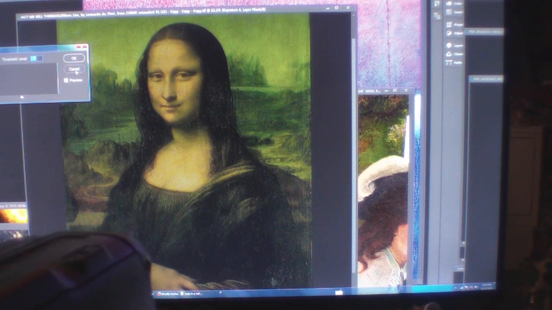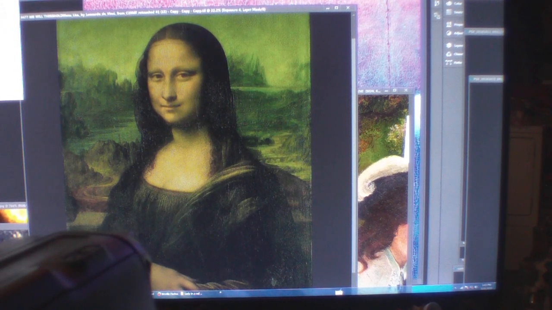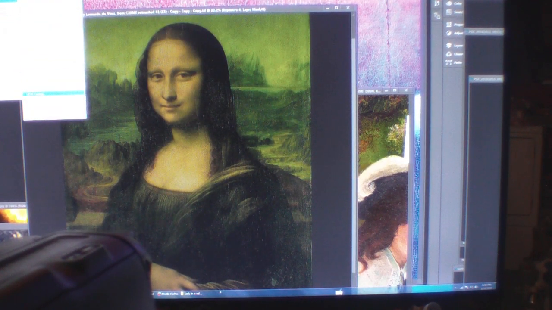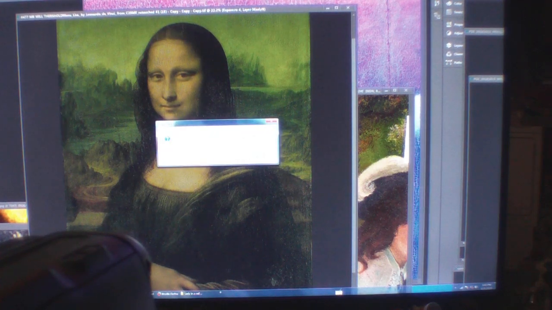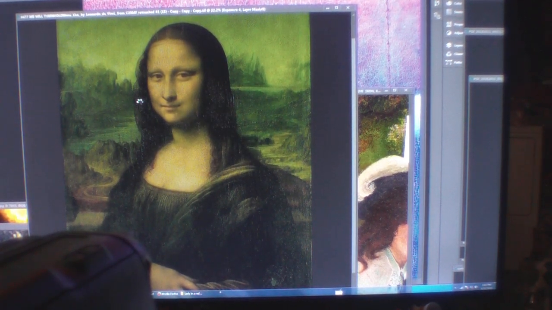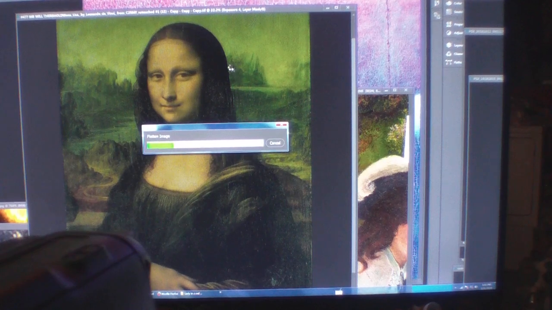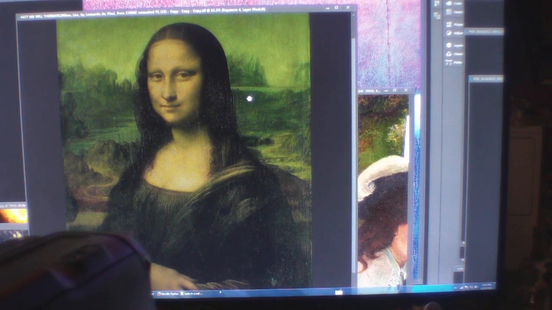Oh, nope. Oh, I know what it is. I gotta go to H. I gotta go to the D Tony, and then I hit that. And then what you end up with is this image behind the Mona Lisa, and that image